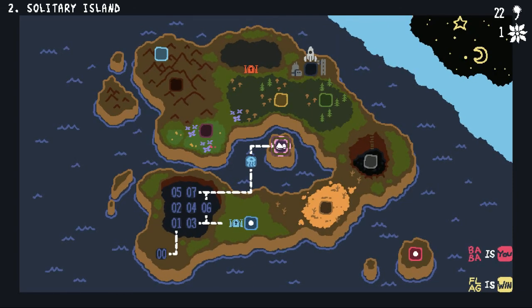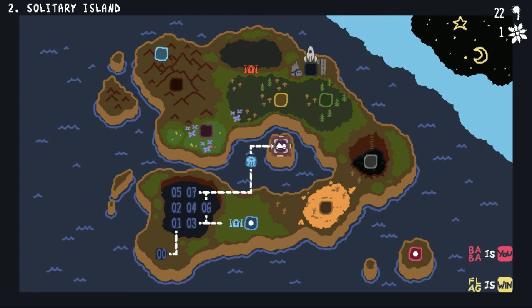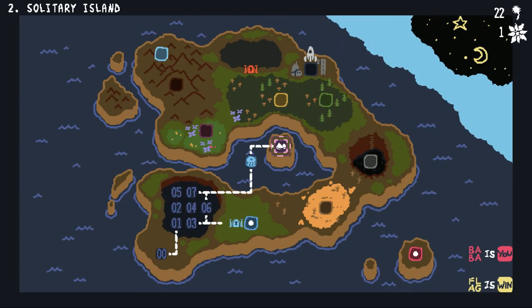So hopefully that's a good starting sample of Baba Is You. It still took a little bit to get through, but that's World 1, the lake. I will plan on going through the Solitary Island next time. This one is completely fresh. Yeah, I'd already gotten through most of the lake previously. Solitary Island, I have not even touched. So this will be new. This will be completely fresh, and we'll see how that goes and how far I end up going in the